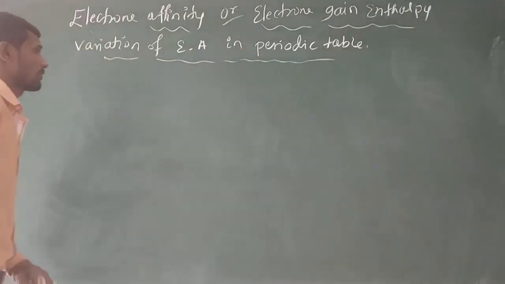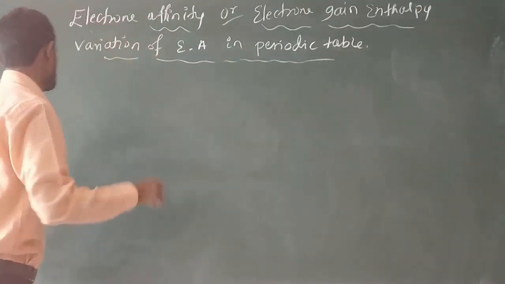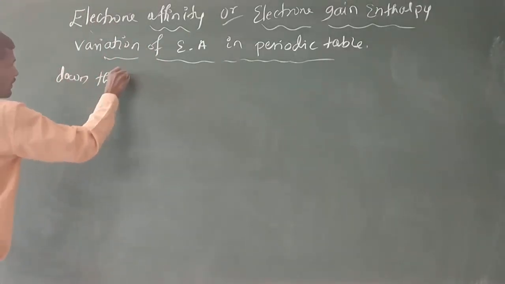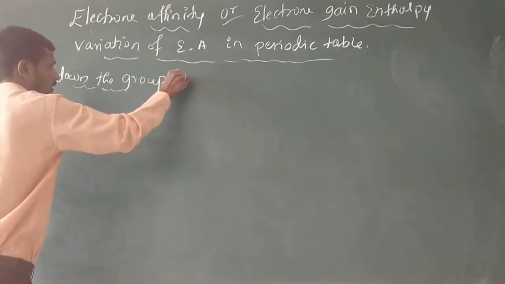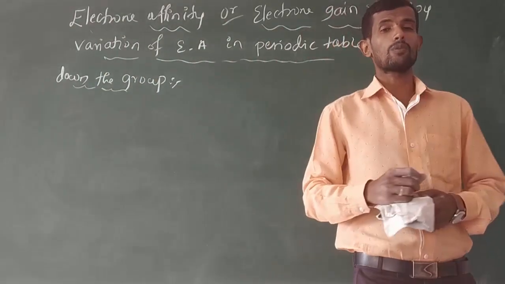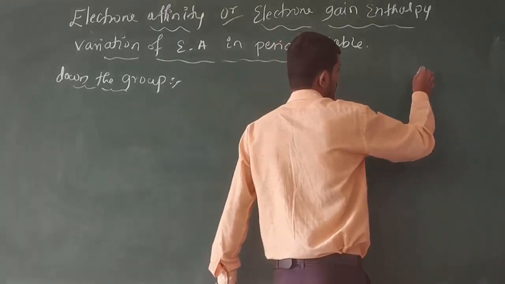Variation of electron affinity in the periodic table. Okay, students, in that first point, down the group. What happens to the electron affinity if you move down the group in the periodic table? So generally I take the old concept,